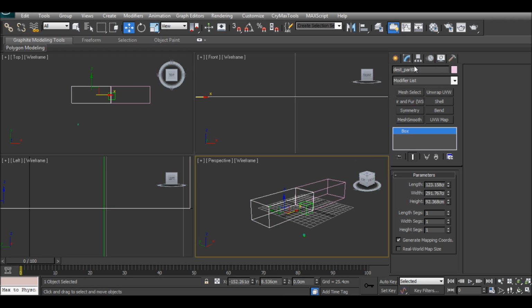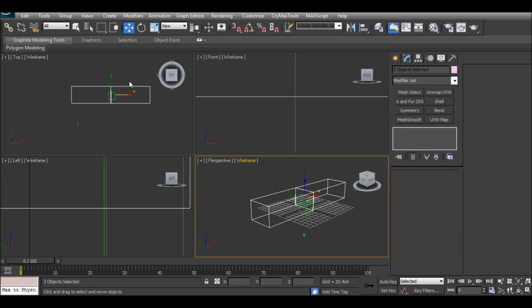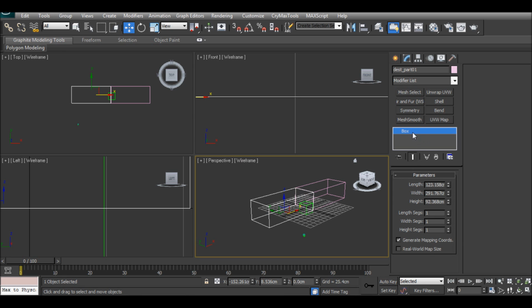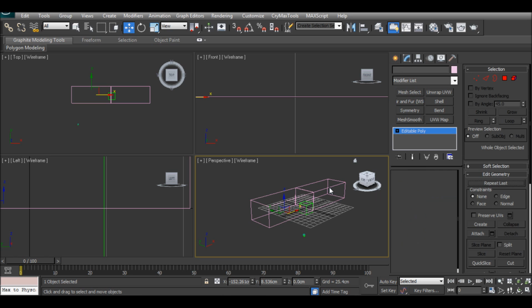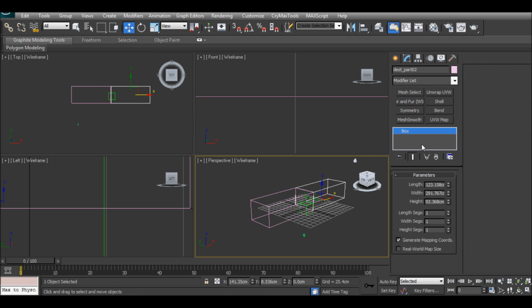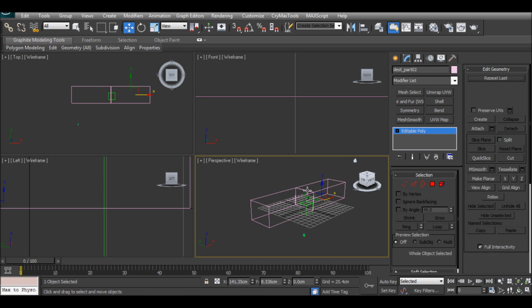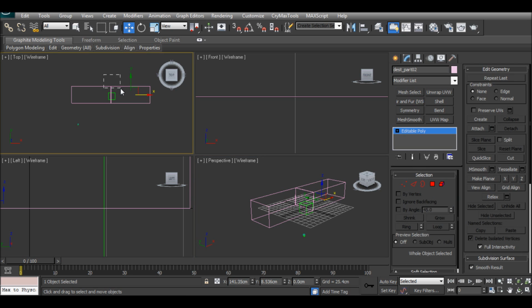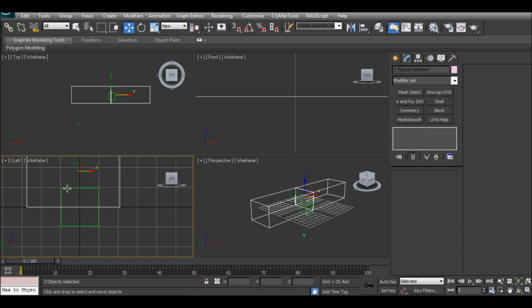Oh crap. I'm just being lazy, that's all. Control C, Control V, and then call this part 2. And now all we need to do is select them both. Actually, let's convert it to editable poly first. There. And there, and now I'll select them both, and then